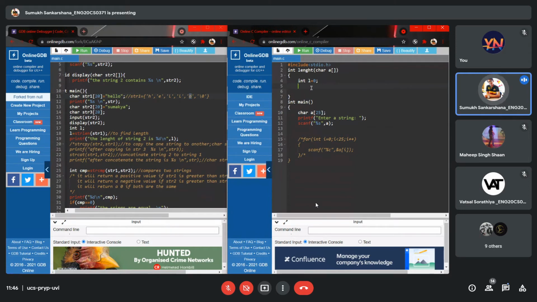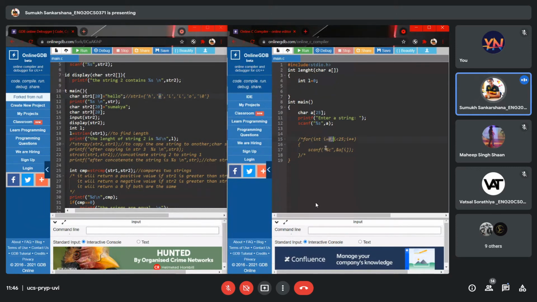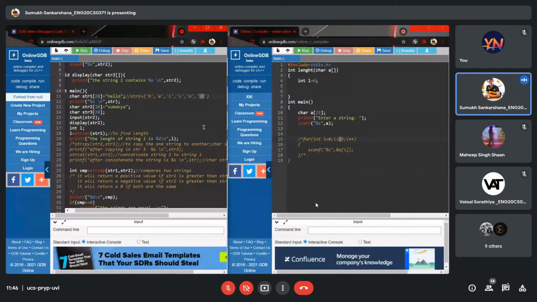So we basically use a for loop which goes term by term. That is basically like accessing each and every element over here, right? But there's one condition. What is the one change in condition? That is, we have to end it when we come across a null character, right? When we come across a null character, we have to end it.